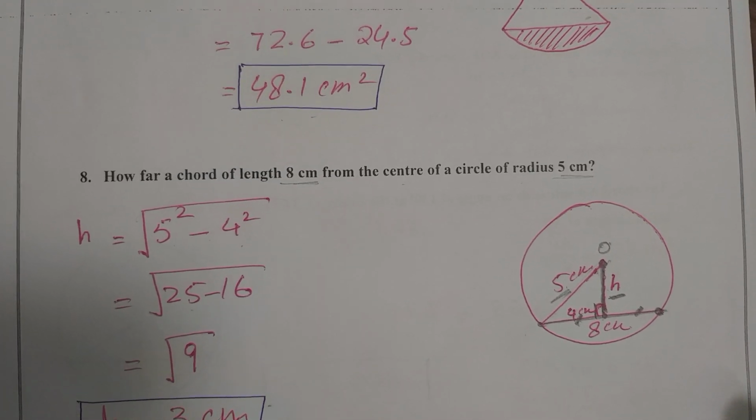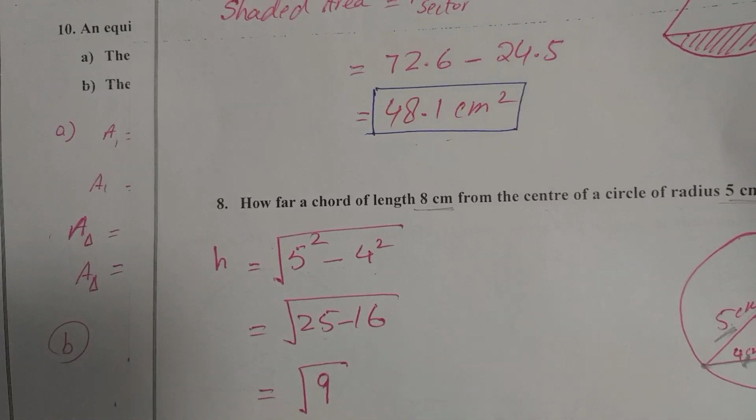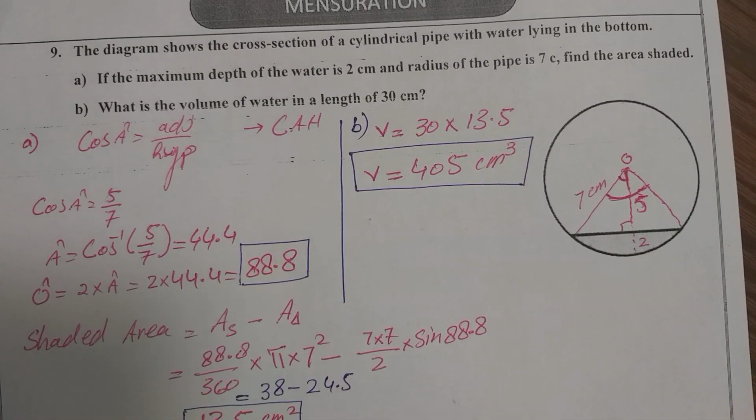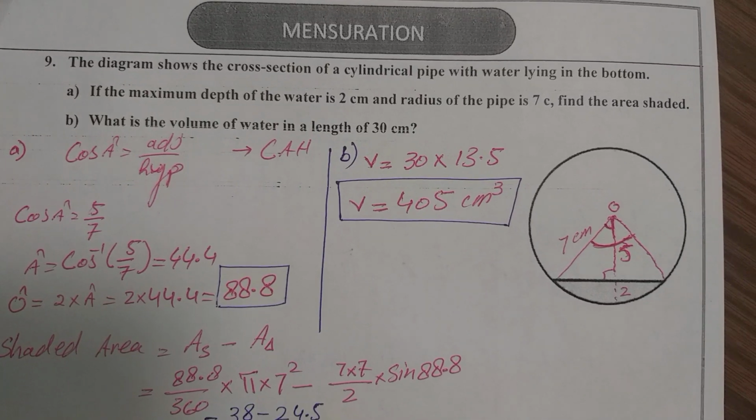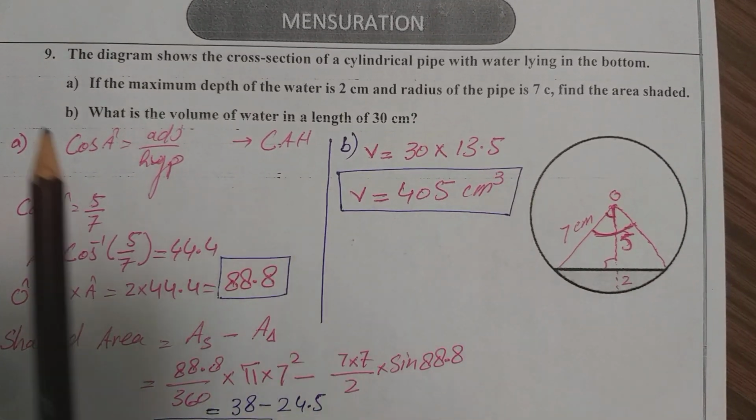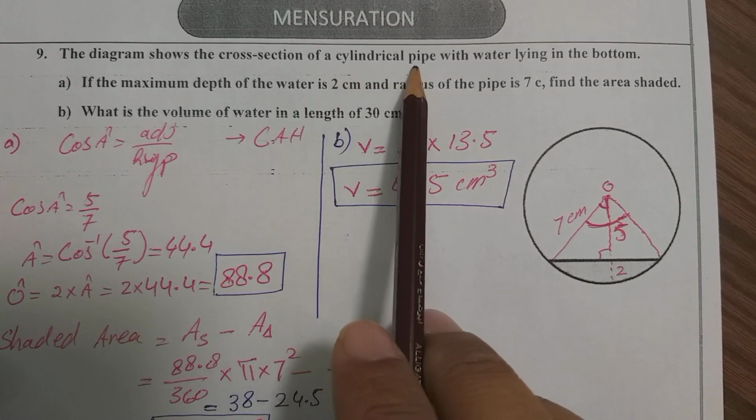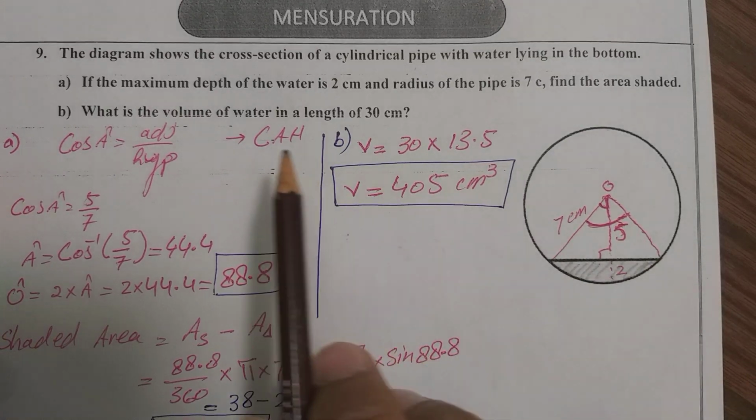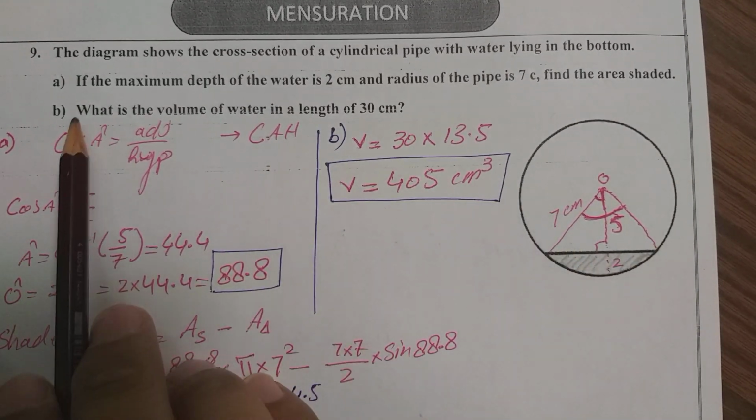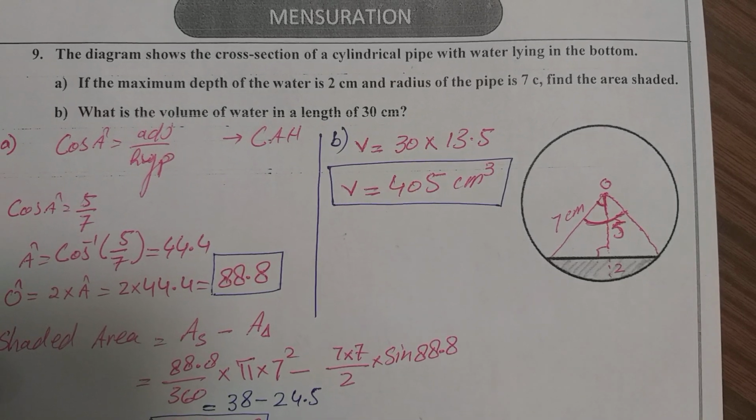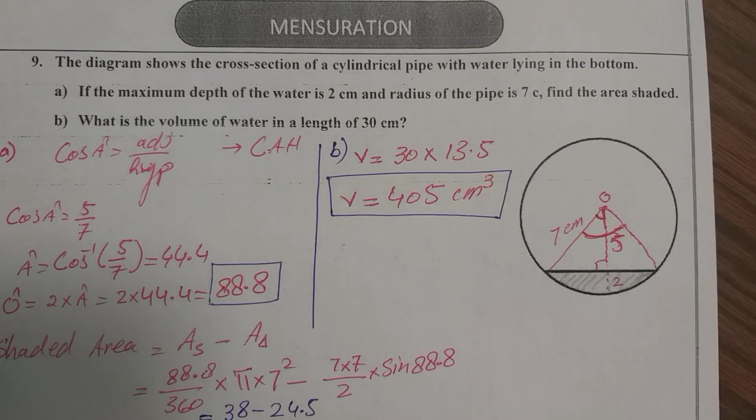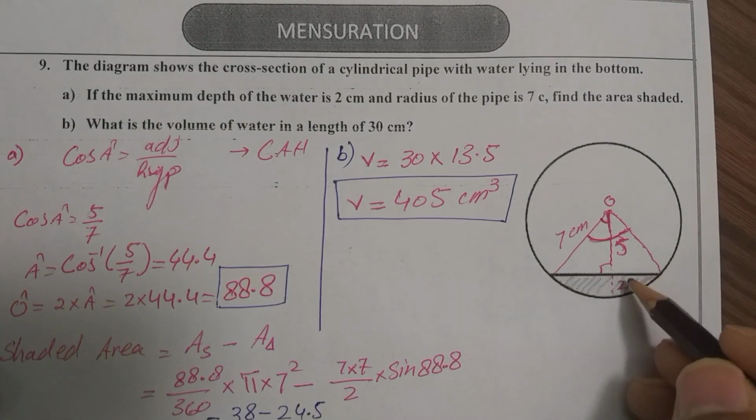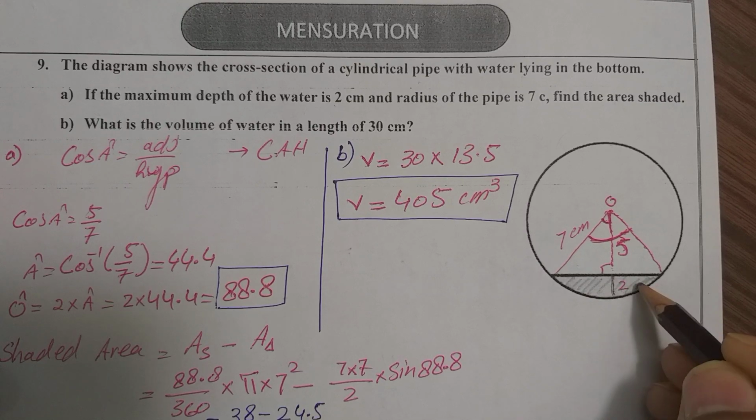Okay, this is question number 8. Now see what is question number 9 on page number 8. The diagram shows the cross section of a cylindrical pipe with water lying in the bottom. So this is the water which is lying in the bottom of the pipe. It is a cylindrical pipe. Normally we know that water pipes are in the round shape. If the maximum depth of the water is 2 centimeter, it means this is the depth of the water which is 2 centimeter,